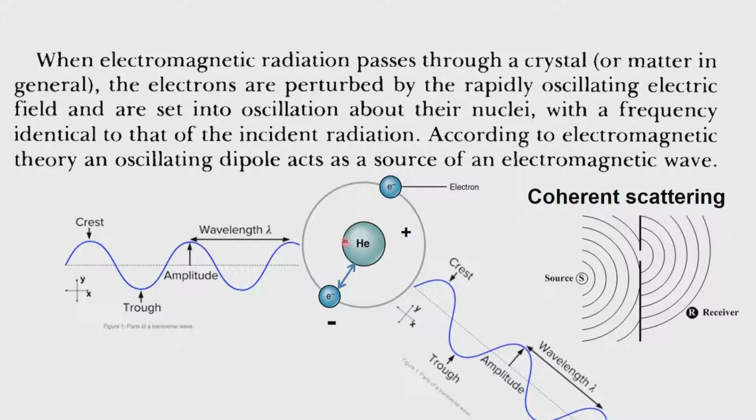Now, because there is a heavy central nucleus, the electrons, the outer electrons particularly, are disturbed much more, and as a consequence the positive and negative charges develop, and therefore it becomes a dipole. A positive and a negative charge separated by a distance is a dipole. This dipole now oscillates with the same frequency as the incoming radiation. There is no change in the frequency, and so we call it coherent radiation. And according to electromagnetic theory, any oscillating field of this kind will generate its own wave, as is shown here. So, this wave now comes out in this form, and this particular wave is from this particular atom.